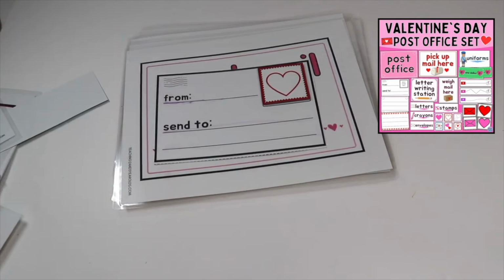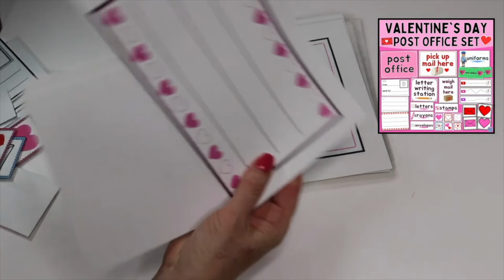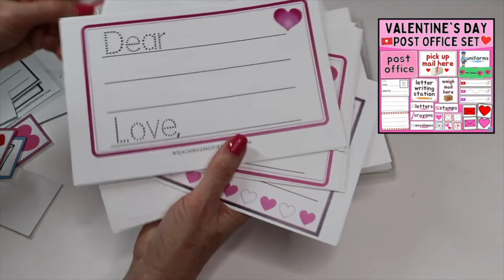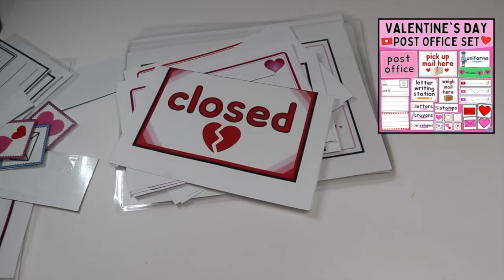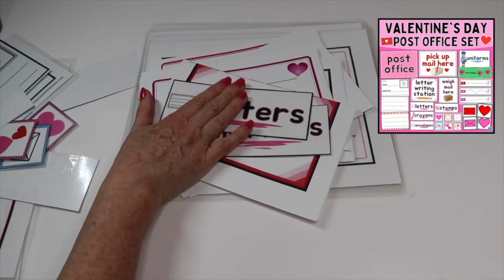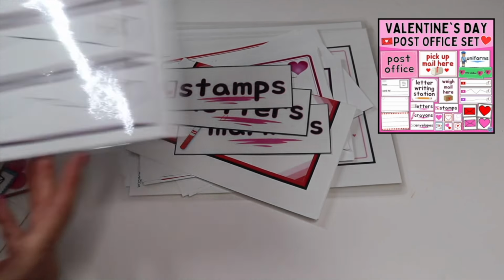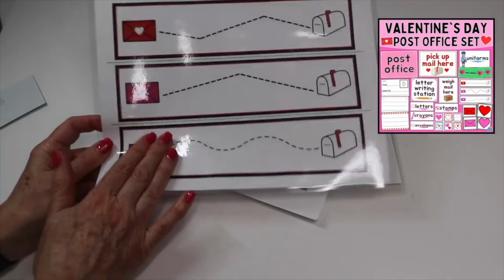And we also have these cute little cards here that they can write on. And we have a few more signs here. Then we have labels that you can put out like that. And then if you want to create a little fine motor section, or you can add these to your writing